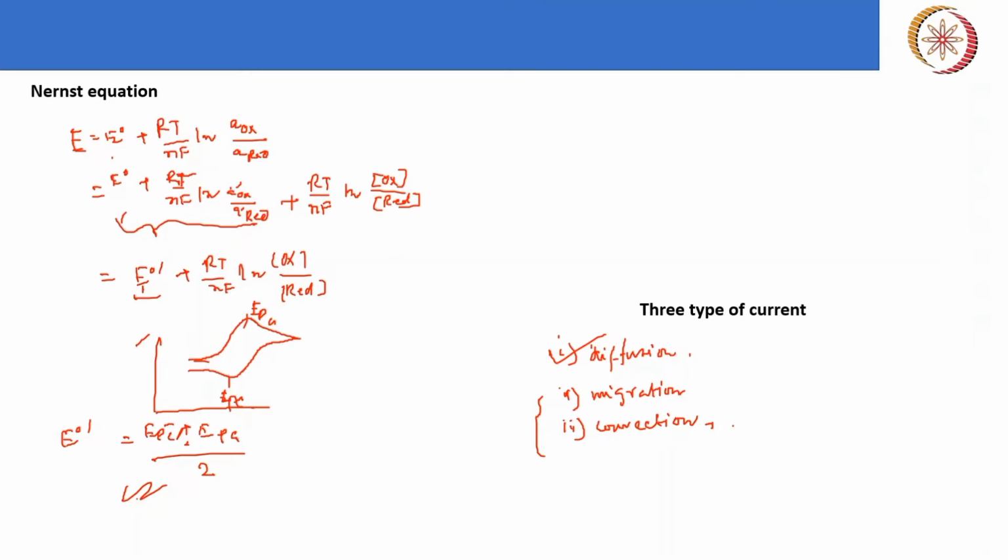If your experiment is in a static condition, then you can minimize the convection current. And for the migration current, you can use a supporting electrolyte